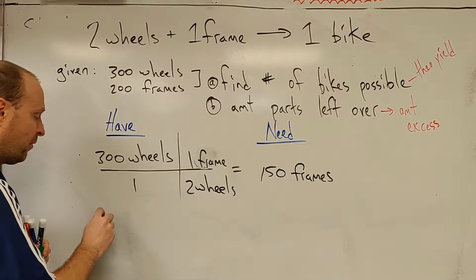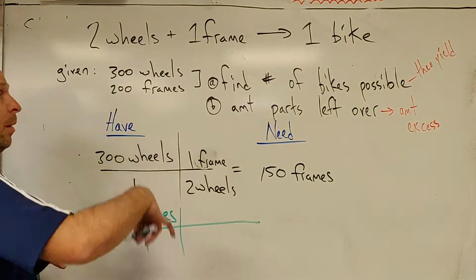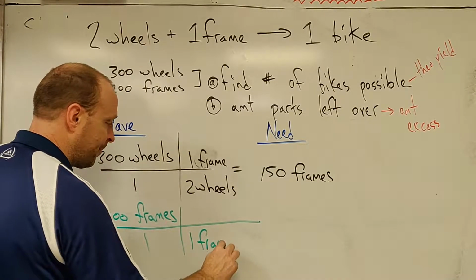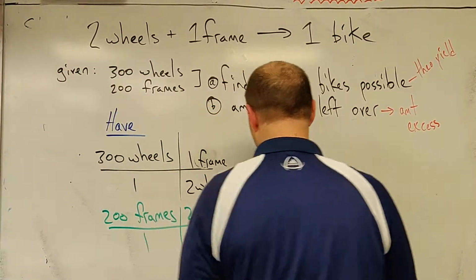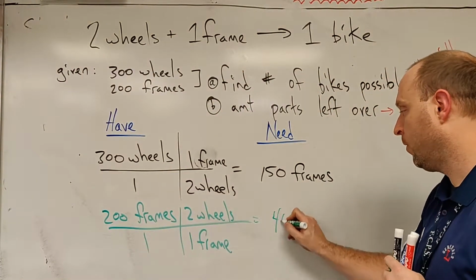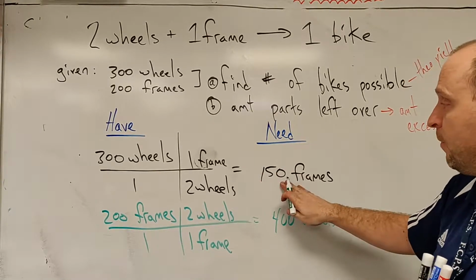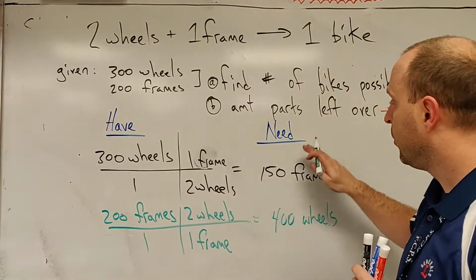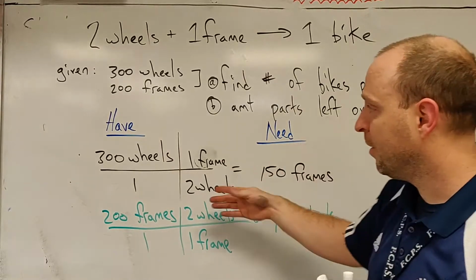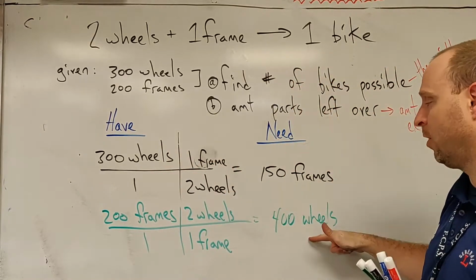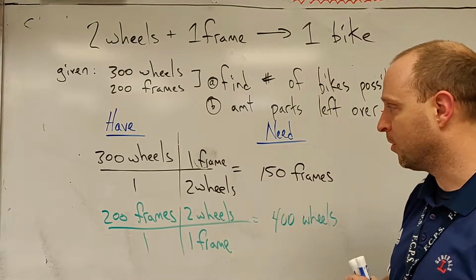I have 200 frames. And the balanced chemical equation says that for every 1 frame, we've got 2 wheels needed, right? And so we end up needing 400 wheels. So looking here, you need 150 frames to use up all the wheels you have. You need 400 wheels to use up all the frames you have. And a quick comparison here, I have 300 wheels, I need 400 wheels. I don't have enough. And we have to compare diagonally like this, and I think that's something people traditionally miss,